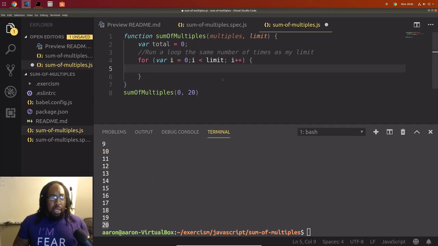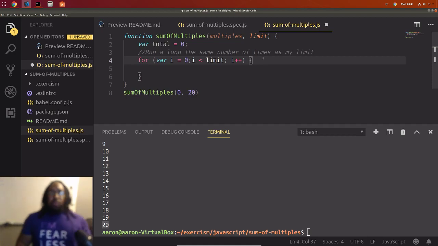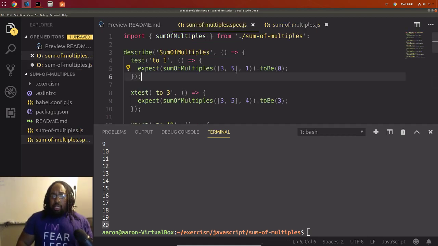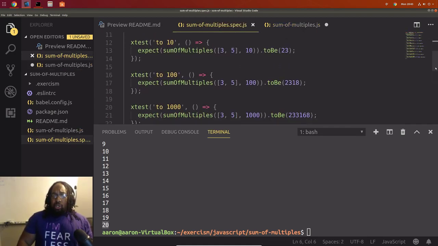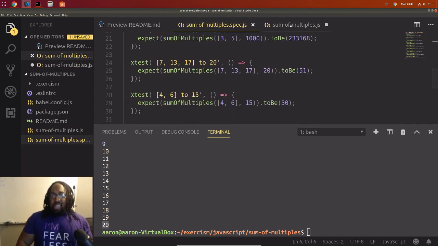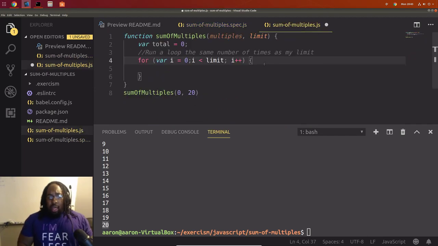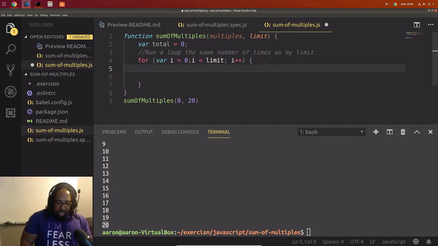Let's see. What I was thinking would only solve the problem for 2 items, but we have more than 2 items in some of these. So we have 2 here. My original solution was going to do that. We need 3 here, so we're gonna have this. I'll put another thing here.